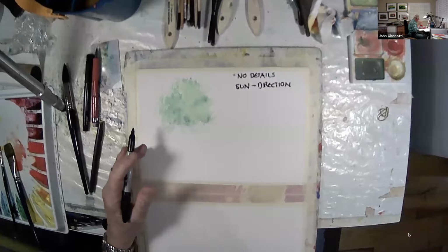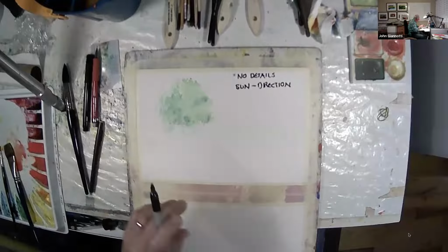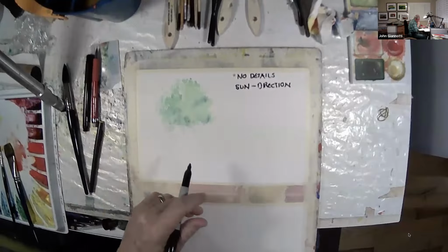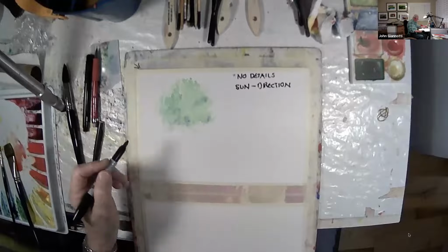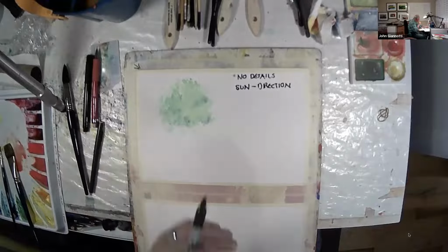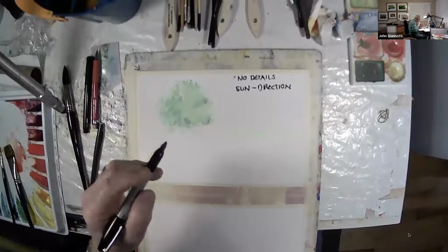You may have heard that plein air painters would choose an early morning or late afternoon to paint because the shadows are better. They're kind of different directions, but when you paint in the middle of the day, the sun is coming straight down, and it's not as interesting as if it's to the left or the right. So when I'm painting watercolors, I'll often put a pencil mark, or on my tape, I'll put an arrow mark that reminds me the sun is over here. So all my shadows are going to have to be on the opposite side. I've got a trunk later, et cetera, et cetera. So it's really important, no details, the sun direction,